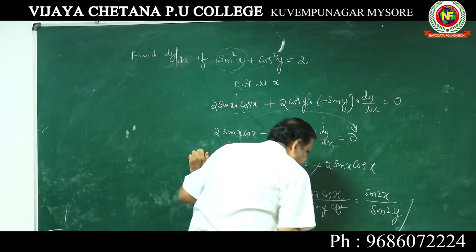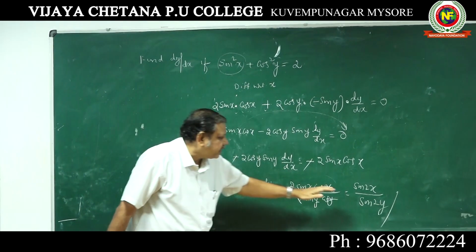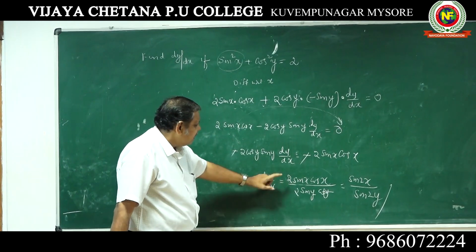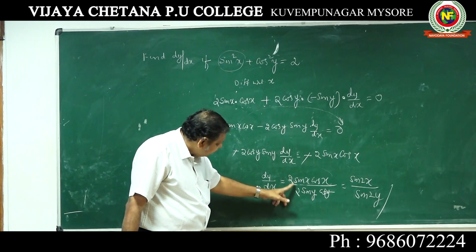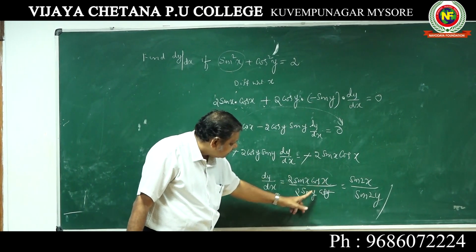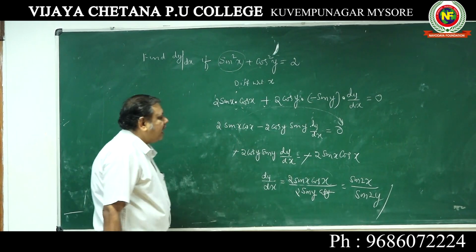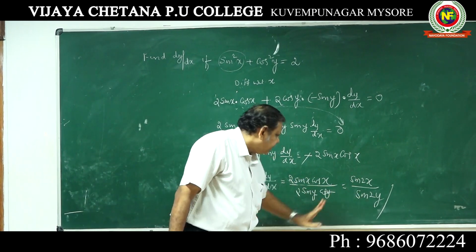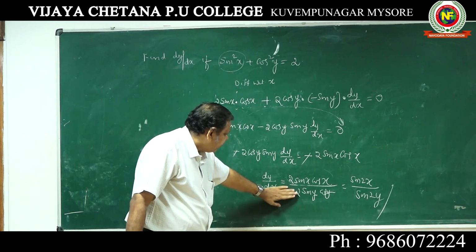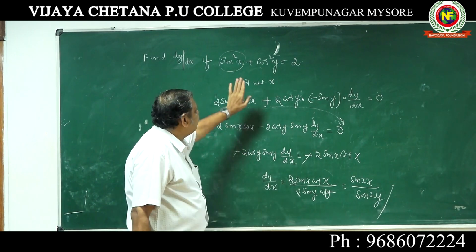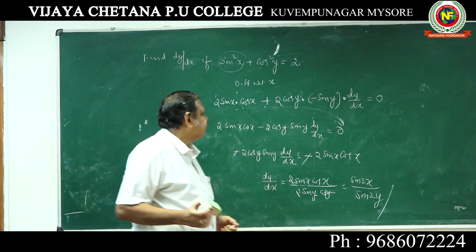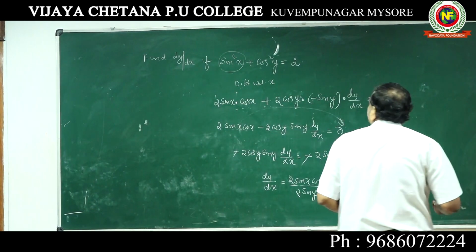This is the answer. You may ask me, suppose we don't write this step, if we keep it like this, marks will be given, because now you can cancel 2 if you want and write sin x cos x by sin y cos y. But normally when they ask you to prove sin 2x by sin 2y, then you should write it that way. Otherwise you can keep it like this also, cancelling 2. So it is a very important problem. This year they have asked it in the examination. Okay, shall we go to the next problem?